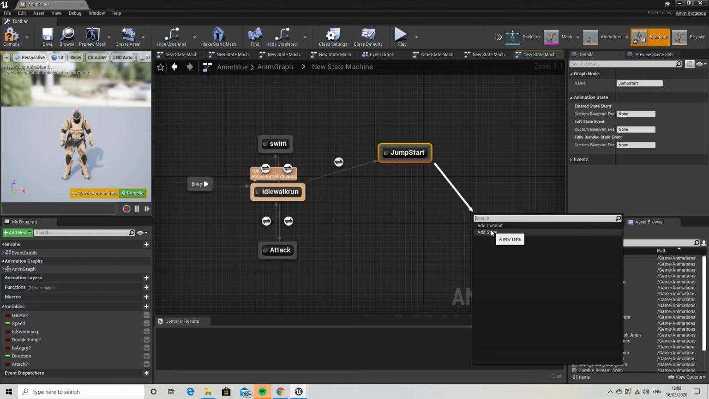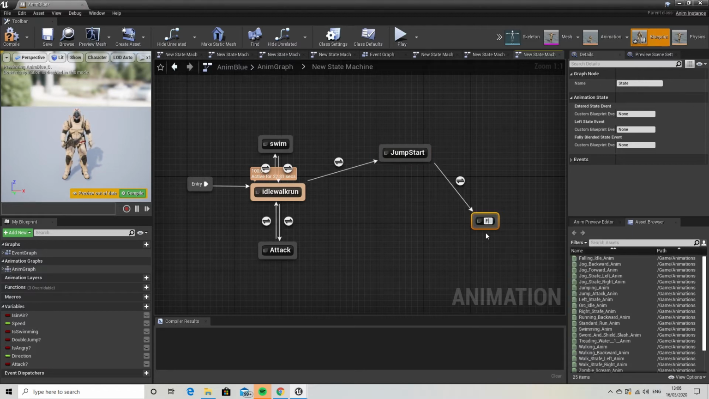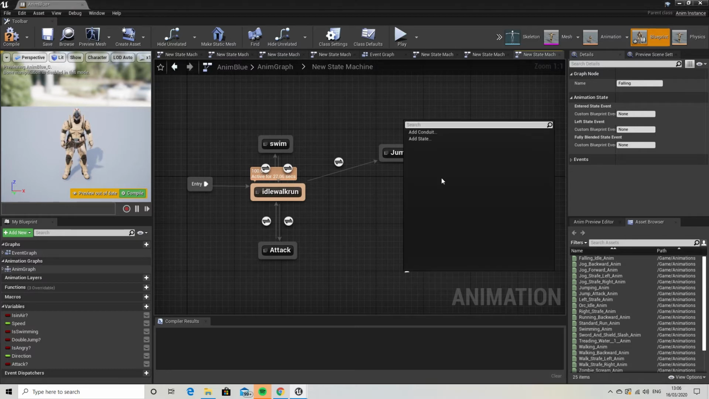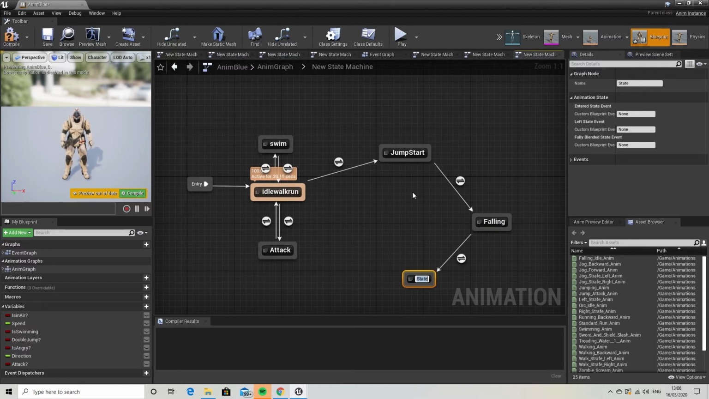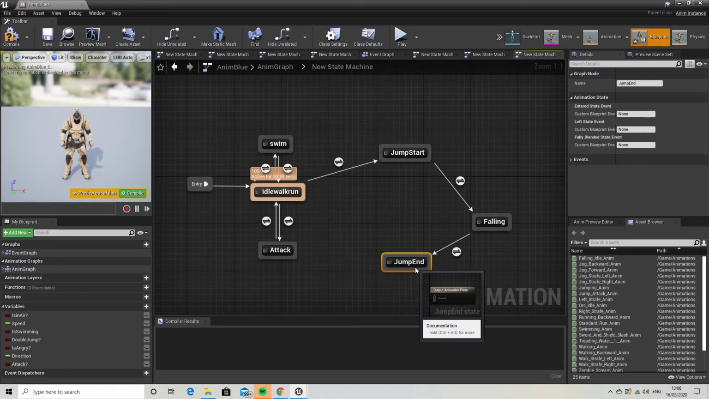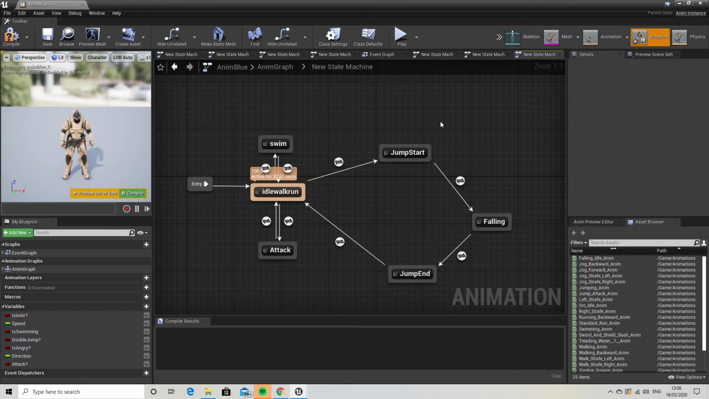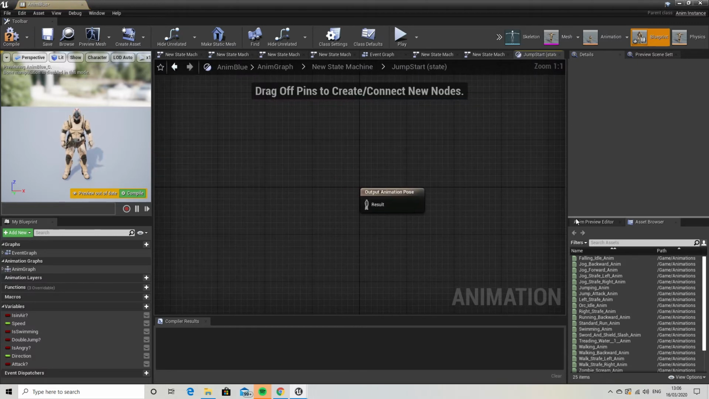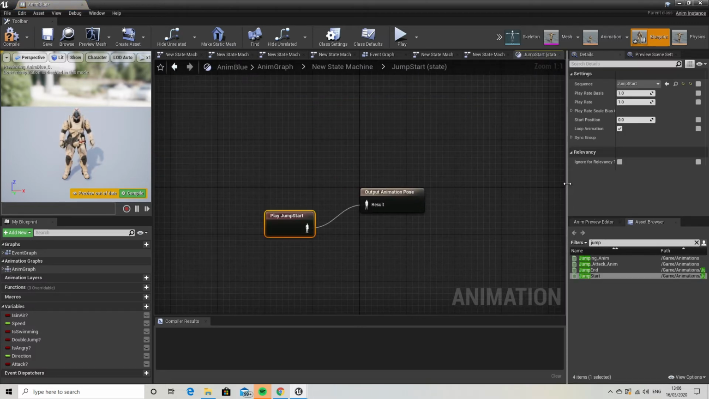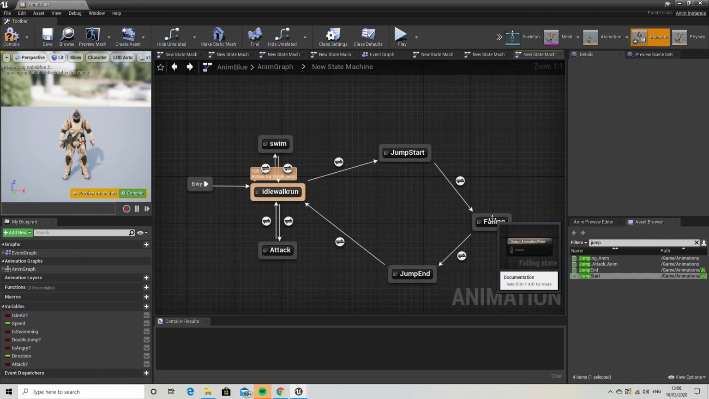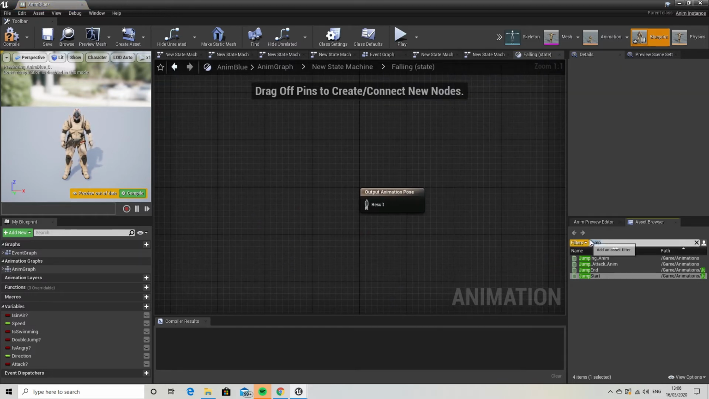And drag off again, add a state and name it, and finally create one last state and name that one. Then attach it back to your idle, walk and run. So if you double click on the jump start state and add the jump start animation, uncheck loop animation, double click on the falling state and add the falling animation,